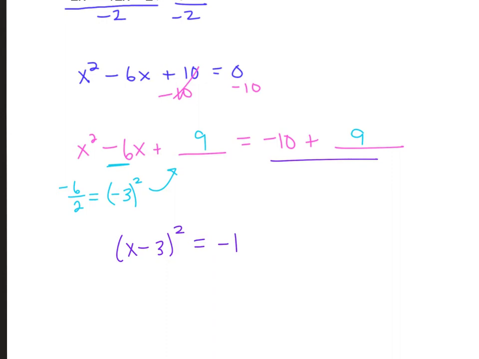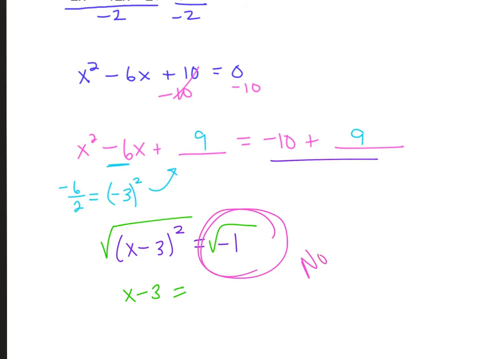All right, so we keep solving. We got an x right here. We locked it down with the squared, so let's go ahead and undo that. Opposite of squaring is square root, so we're going to square root both sides. On the left side, that leaves us with x minus 3. On the right side, did you guys notice what we have here? We have a square root of a -1. Now, we learned in lesson 9.7 when we were solving with square roots that you can't square root negative numbers. So that means that there is no solution